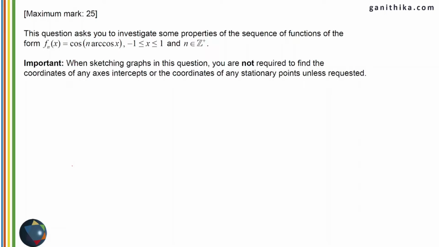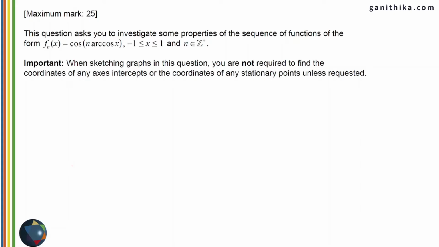So you can time yourself for this. Whatever question you get, if you get a 2-mark question, try to finish that 2-mark question in 1 minute so that you can save that extra minute for more difficult problems at the end of the question. So if a 5-mark question is given, you can try to finish that 5-mark question in 3 minutes so that the extra 2 minutes can be used for more difficult questions at the end of the paper.